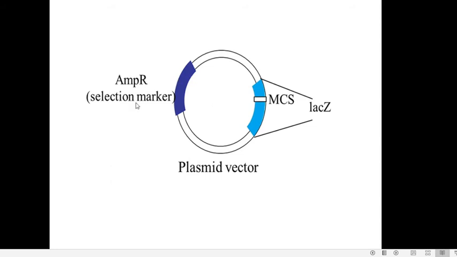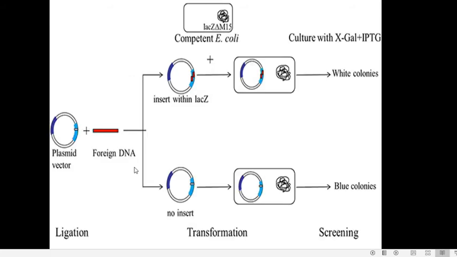So when you prepare the medium, this medium should contain X-gal as well as ampicillin. So a host cell which has taken up this vector either with the foreign DNA or without the foreign DNA, in either case, it will grow in ampicillin containing medium, because this ampicillin resistance gene is intact in both the cases. Here in which the foreign DNA is inserted, here where there is no insertion of foreign DNA. In both these cases, the ampicillin resistance gene is intact.